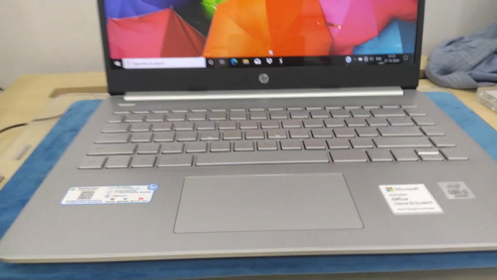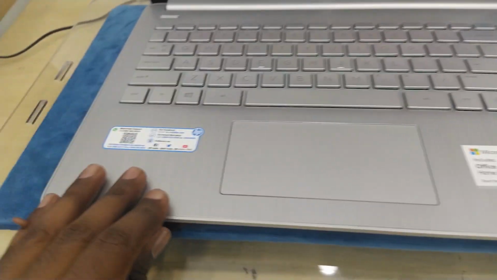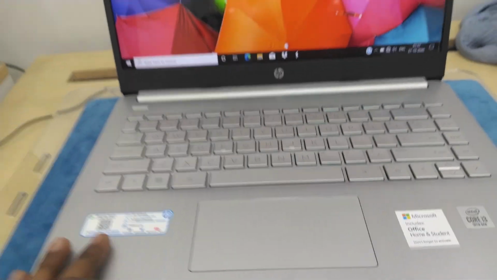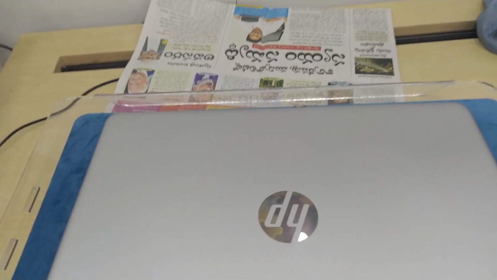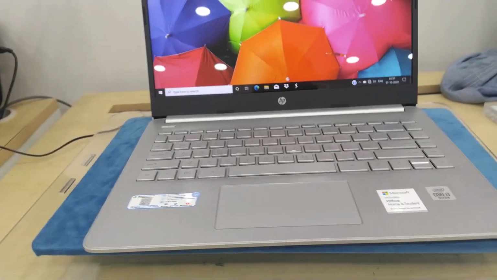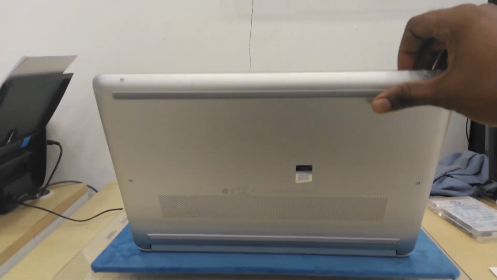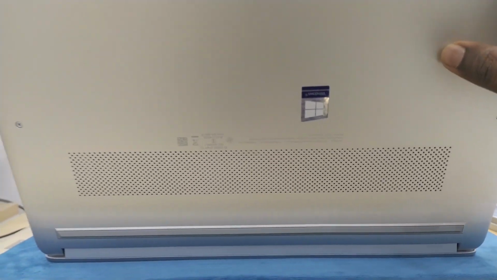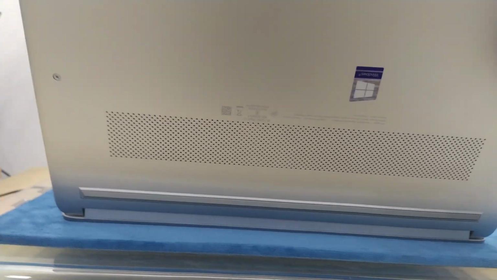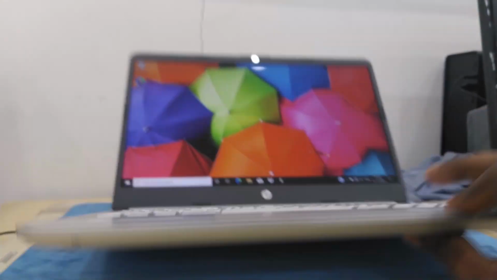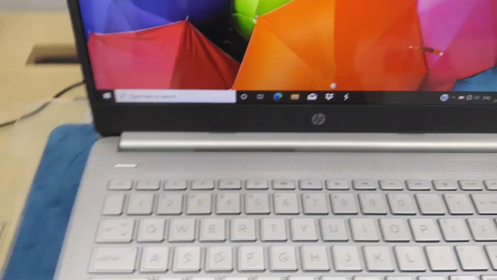And talking about the color, guys, this comes in natural silver, all over here, and again an HP chrome, again a down part, again a Windows sticker written over here, a small variant here, and again you have exhaust over here too.